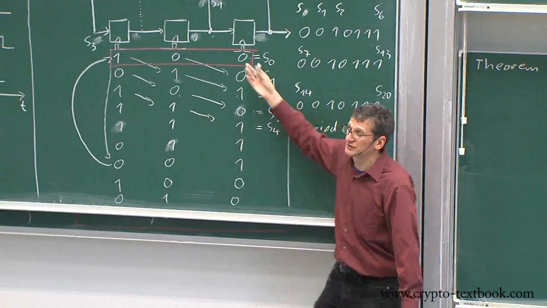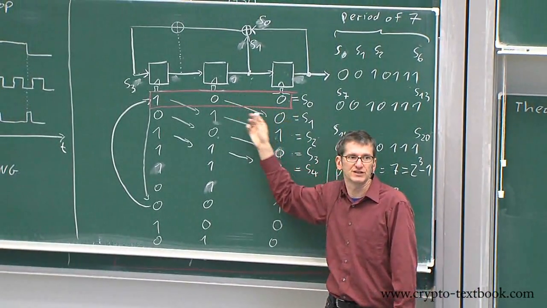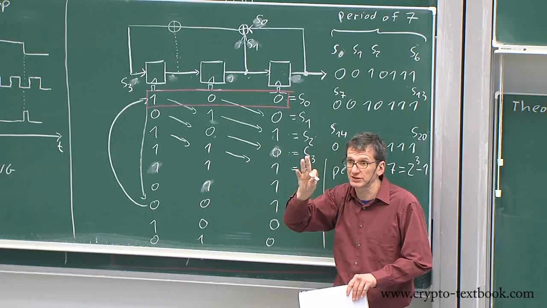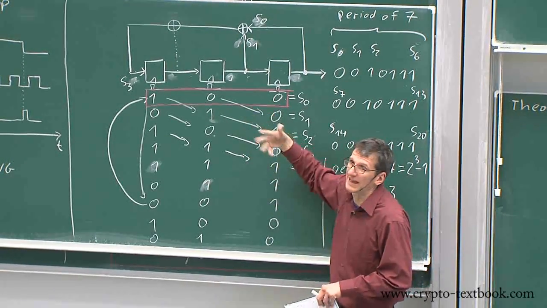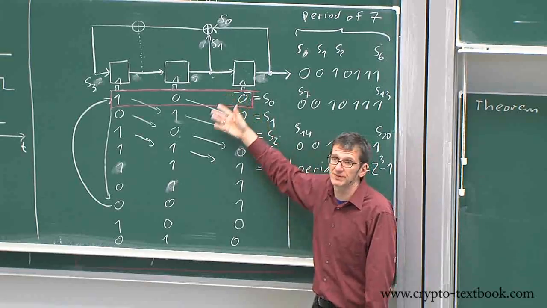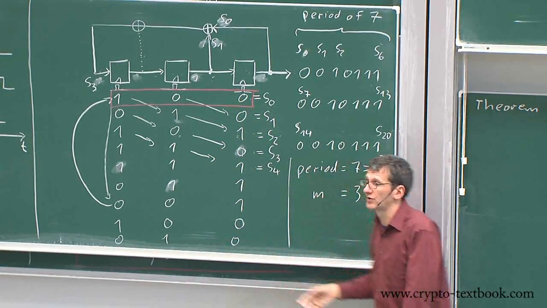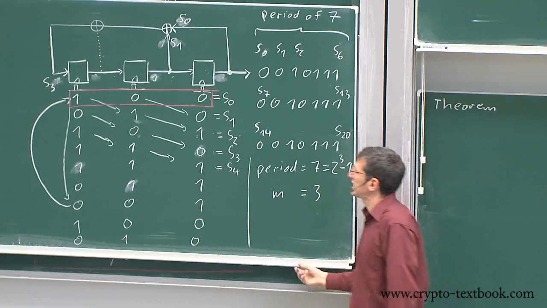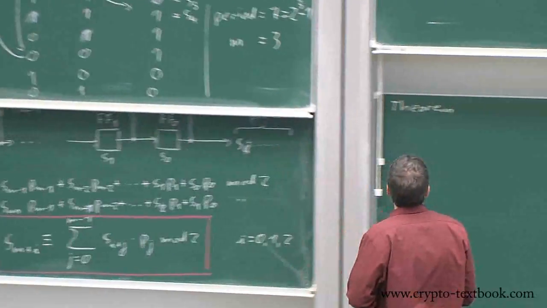2 to the m or 2 to the 3 is all the bit values we can generate here. Right? The 3 bit patterns we talked about, right? There's 7. There are 8 altogether. 2 to the 3 is 8 different ones. And I asked you before which one is missing. The all 0 one, which is this one here, right? And so it turns out in general, theorem,